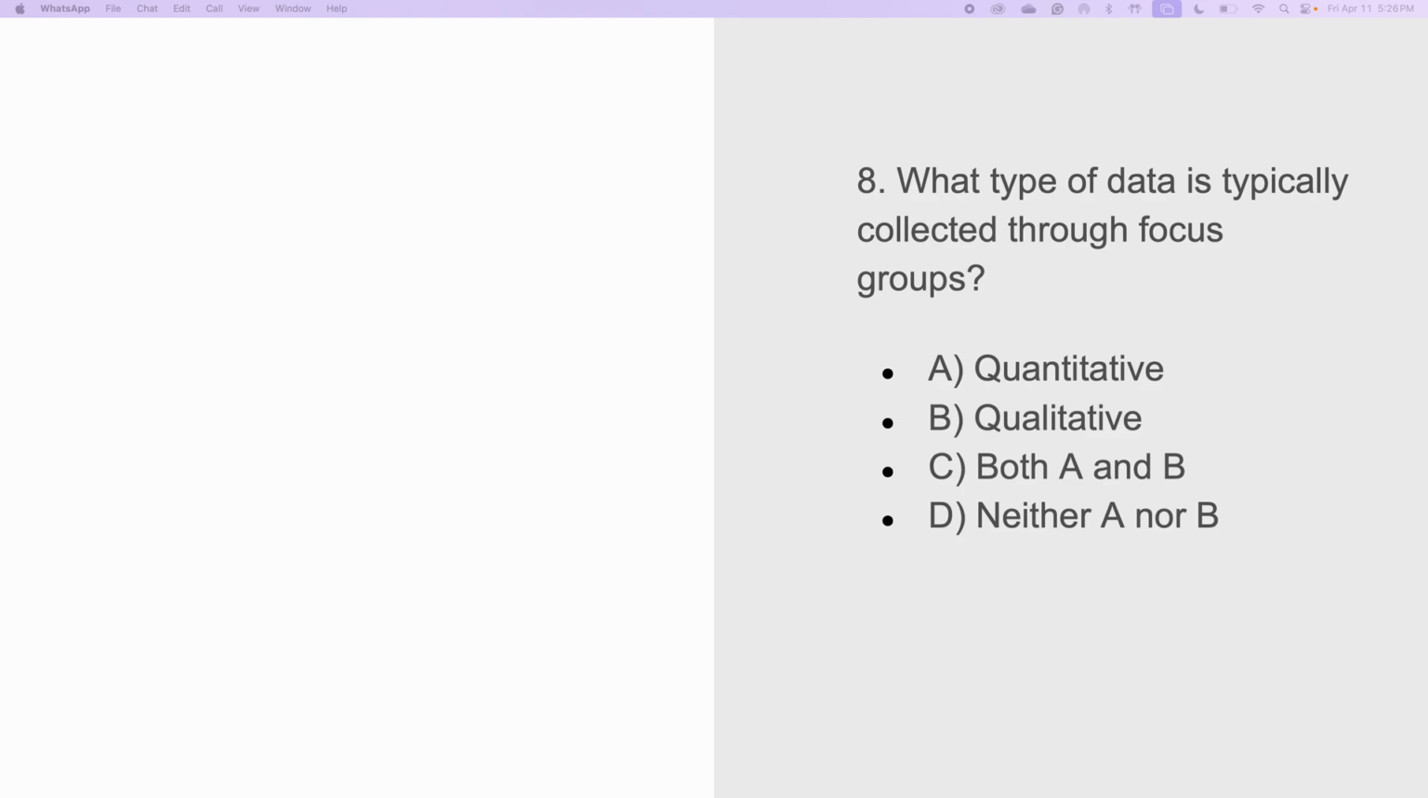Why are A, C, and D incorrect? Because A, C, and D are like misinterpreting the data. Quantitative data involves numbers and statistics, which isn't what focus groups primarily provide. It's like trying to measure the beauty of a sunset with a ruler. So both A and B,